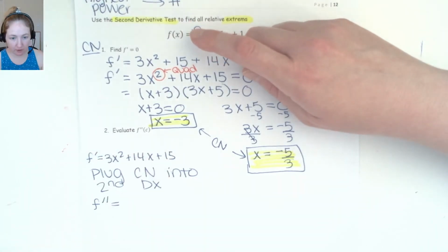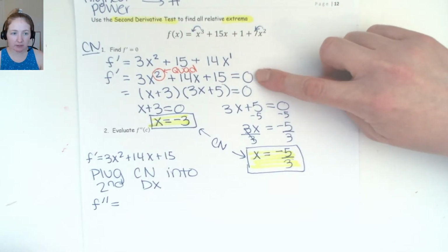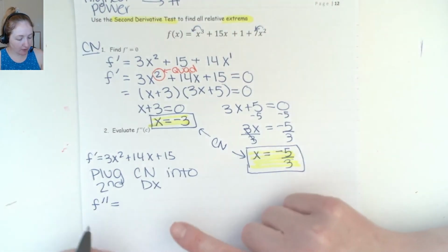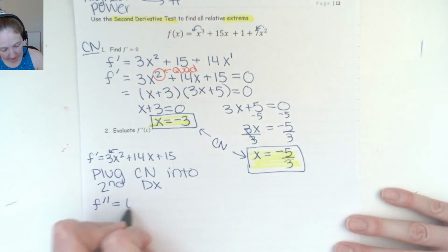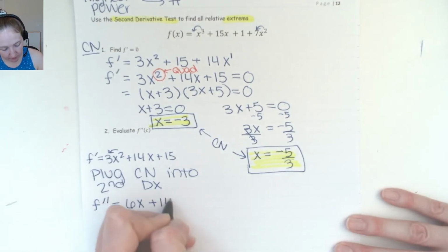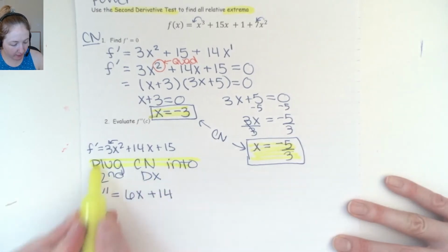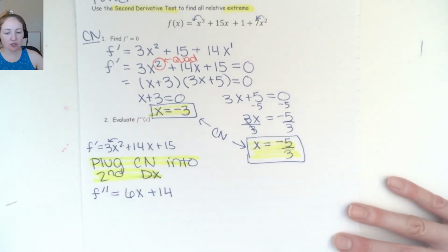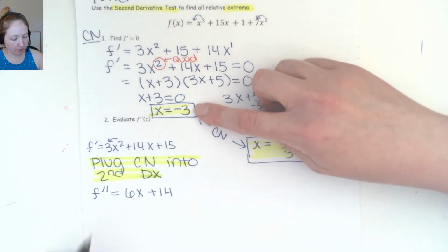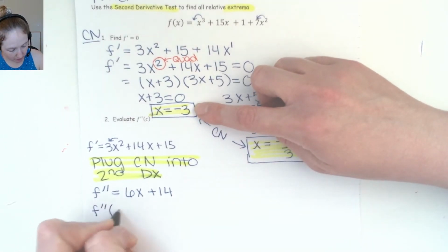That's my first derivative. To take the second derivative of that, I would get 6x plus 14. And now I'm simply going to plug that critical number into the second derivative. So I plug in my negative 3,